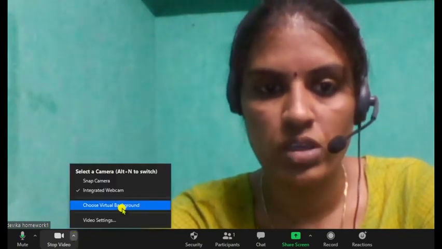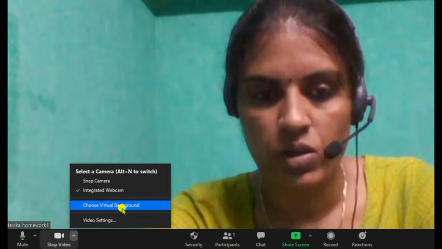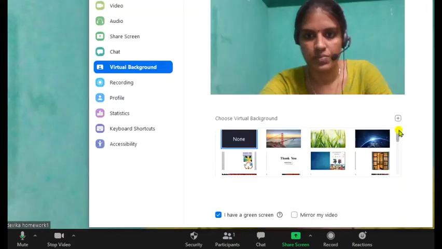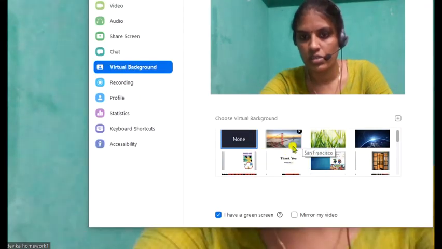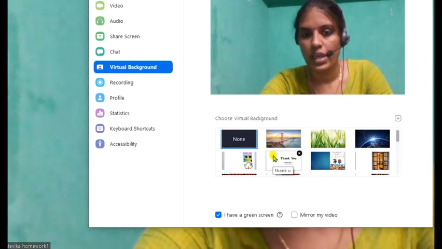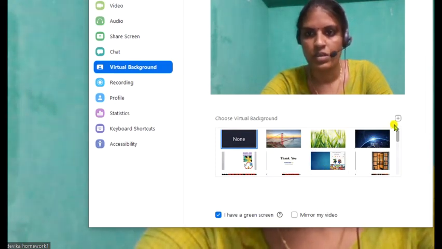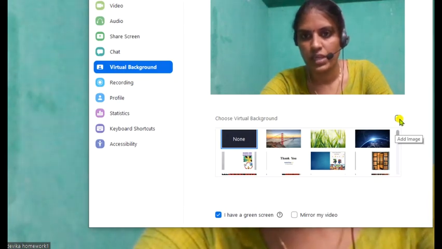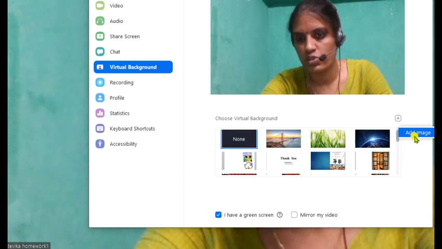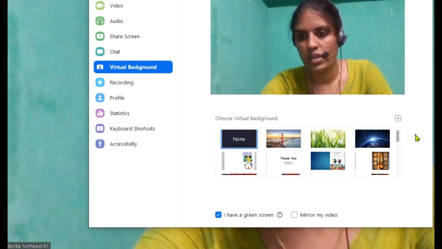Click on the up arrow, which will be showing you the choose virtual background. Just click on that, and you could see that so many images are here. And you could see one more thing, a plus symbol, right? So just click on the plus symbol. It will show you add image.